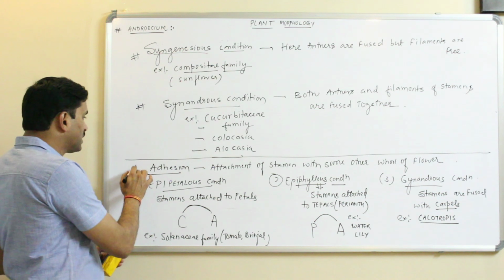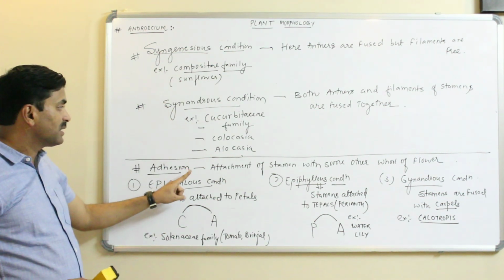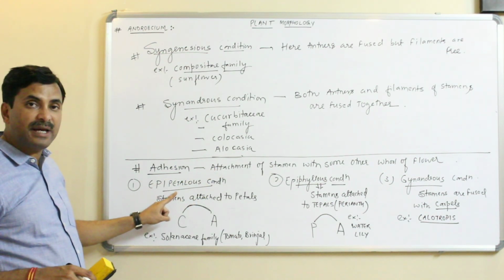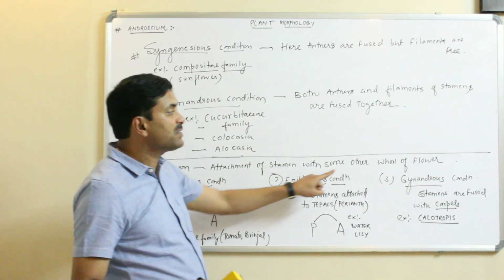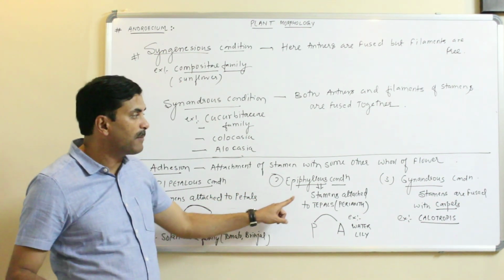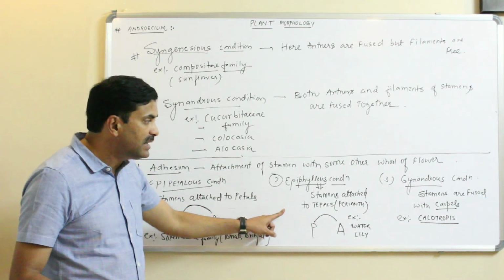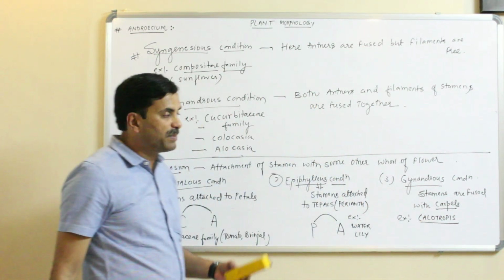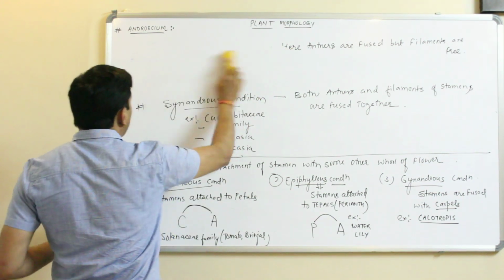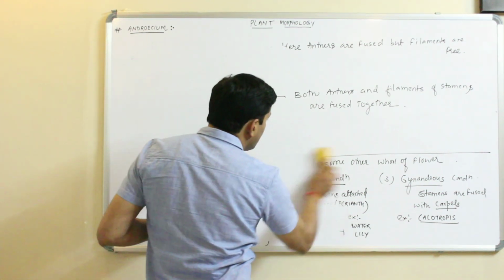So adhesion means what? In cohesion you have seen that the floral parts of the same whorl are attached. Here there is the attachment of the stamen with some other whorl of the flower. Three conditions are there: epipetalous condition, epiphyllous condition, gynandrous condition. Here the stamens are attached to petals, here the stamens are attached to tepals, here the stamens are fused with carpels. The examples are Solanaceae family, Liliaceae family, and the Calotropis here. Are you getting? Now, coming to some more points related to the stamens,